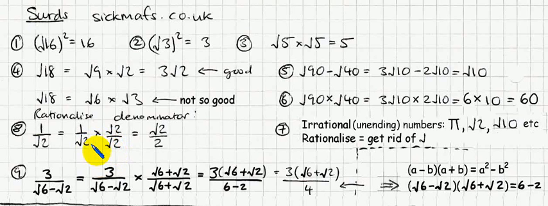Now, why would I times square root of 2 by square root of 2? Well, based on this idea, it turns into a whole number. So square root of 2 times square root of 2 equals 2. 1 times square root of 2 is square root of 2, but the point here is I've actually rationalized the denominator. There is no longer a square root on the bottom. Like this said, rationalize basically means get rid of the square root. In general it means get rid of the irrational number, but in this situation